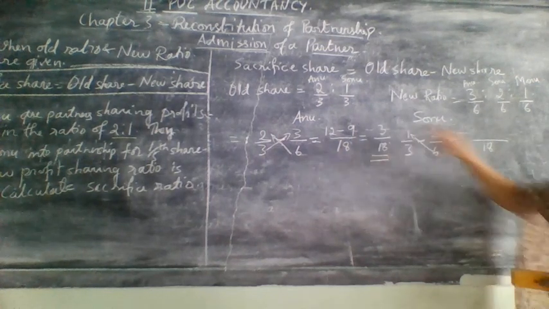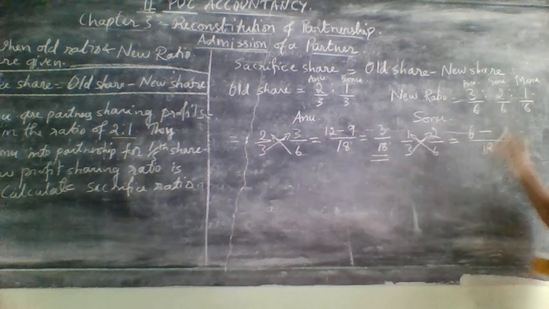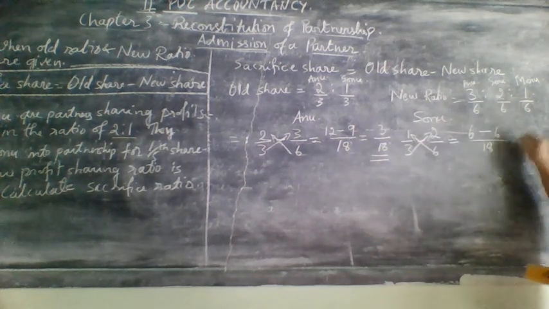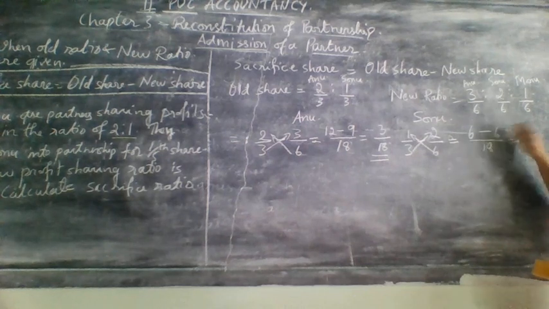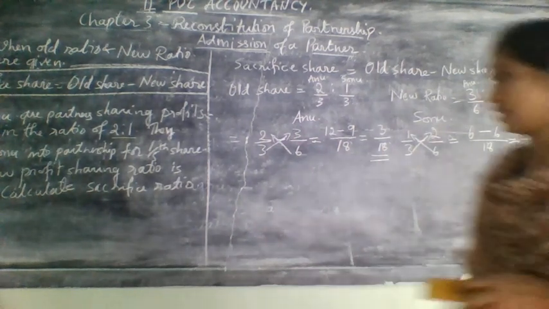6 ones are 6 minus 3 twos, left to right. 3 twos are 6. So what answer will you get? 6 minus 6 is 0, and here it is 18. Okay, so see here in this case,